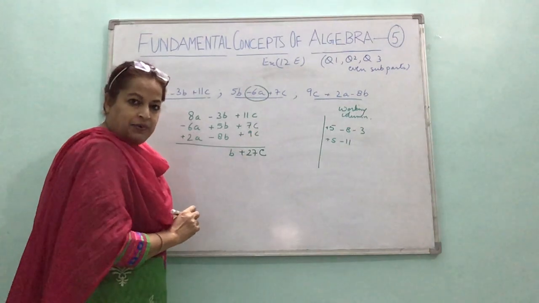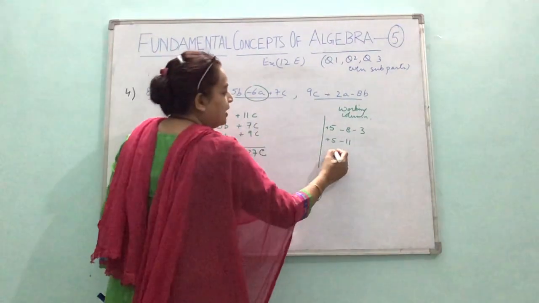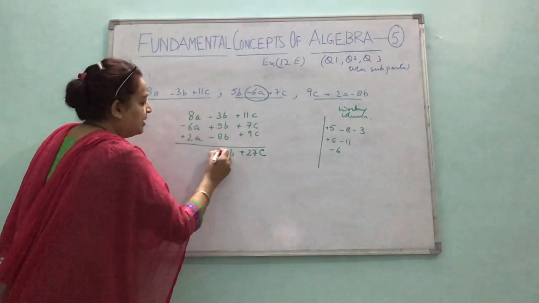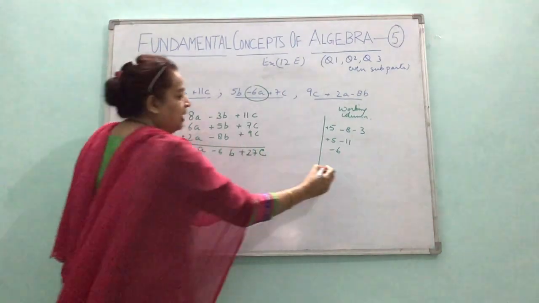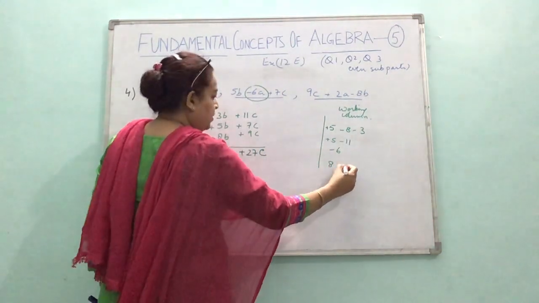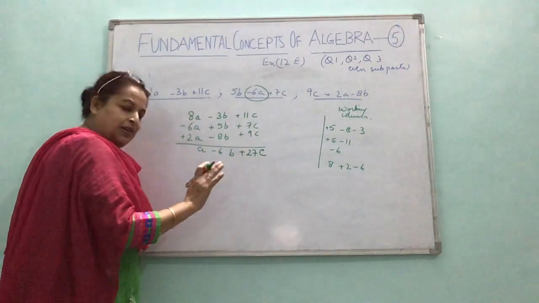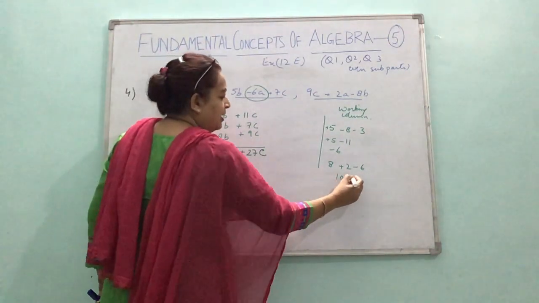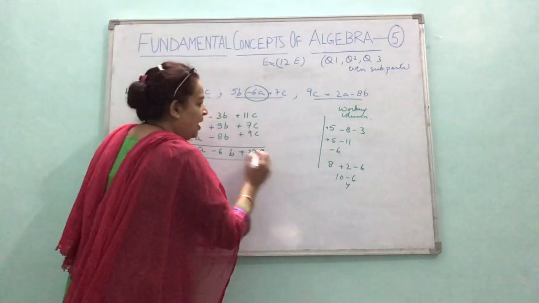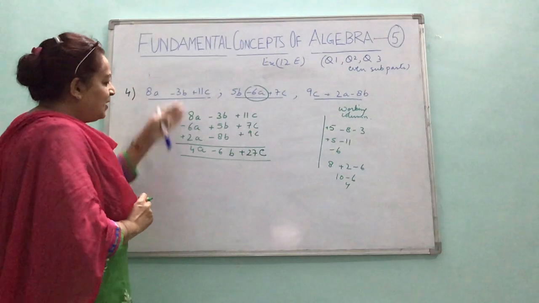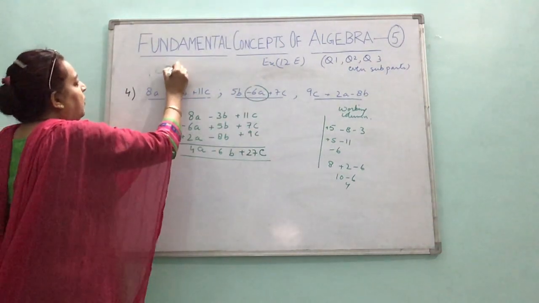Same sign we add and put the common sign. Opposite sign we always subtract and put the sign of the bigger. So minus 6. This would be a. And now let's do 8 plus 2 minus 6. Always positive first and then the negative. Keep that in mind. 10 minus 6, 4. So this would be 14. This would be your answer. And since we are putting one below the other, this method is called the column method.